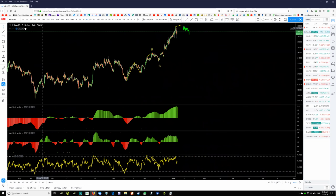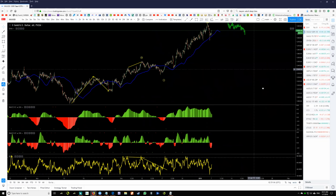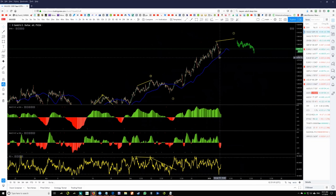Gold did do a pullback. I was looking at the moving average. Very strong trend. So we're now on a 1 hour. So very strong trend pullback. Now,